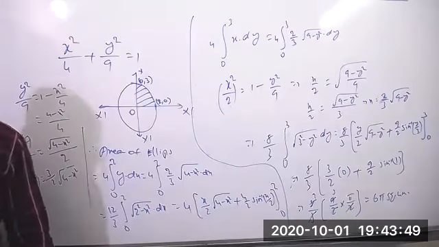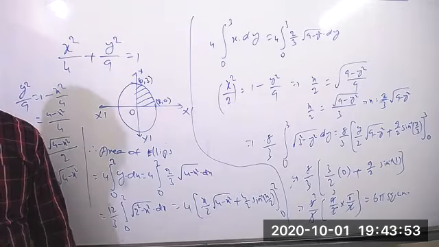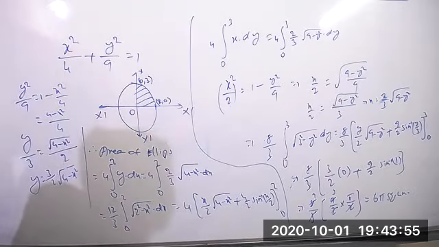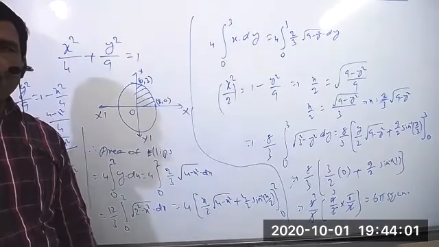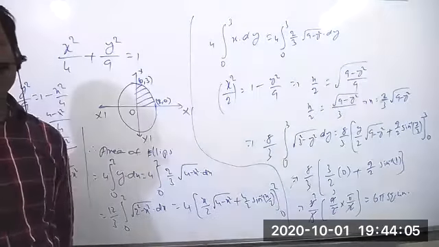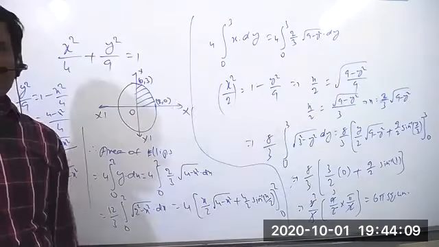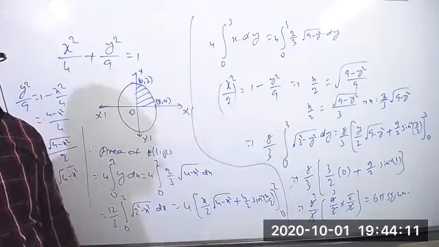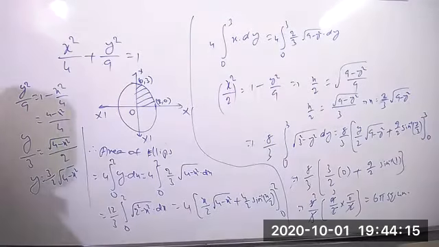Sir, in any case, can it be integration from 3 to 0, sir? Integration from 3 to 0 is not possible. When I gave the definite integral definition, I told you very clearly: always the value of a must be less than b. Understood now? 3 to 0 is not possible, 0 to 3 only. Okay, sir. Once you can see the definition of a definite integral.